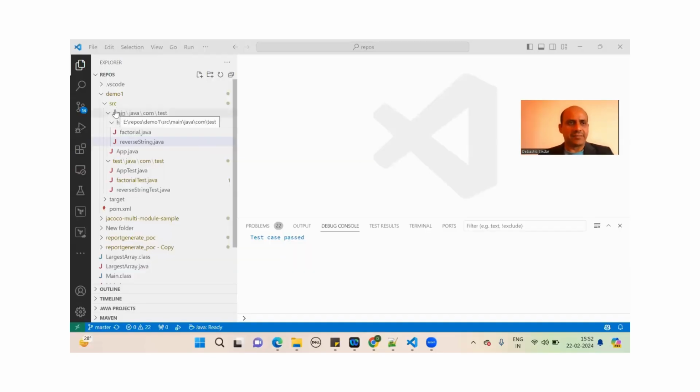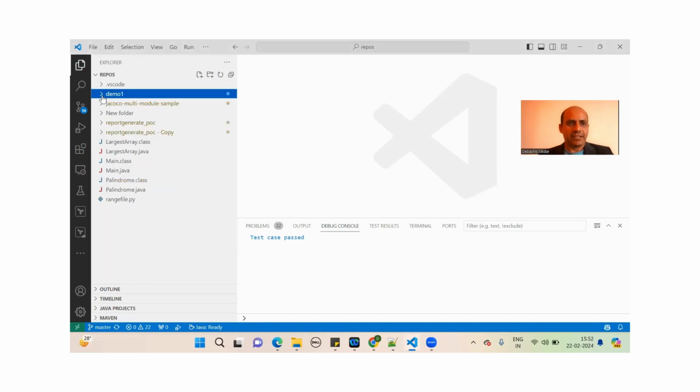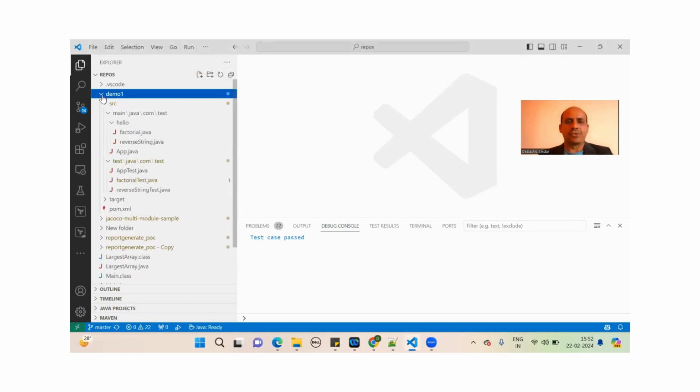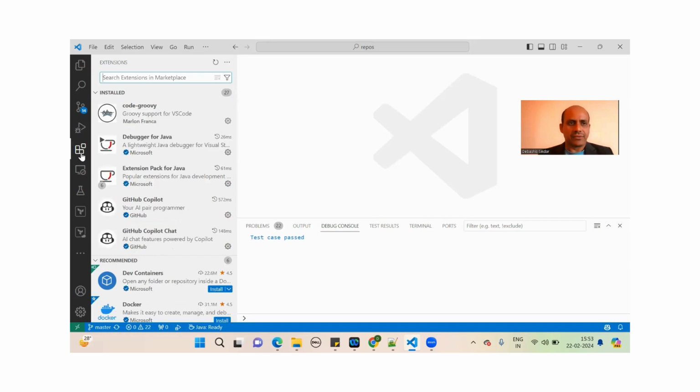Friends, so this is my Visual Studio Code. And you can see I have created a small demo project. In the demo project, I shall show you how to configure your GitHub Copilot and how to write your Java classes. Before you start practicing some Java classes, you have to configure your extension. So how will you configure your extension? That is,